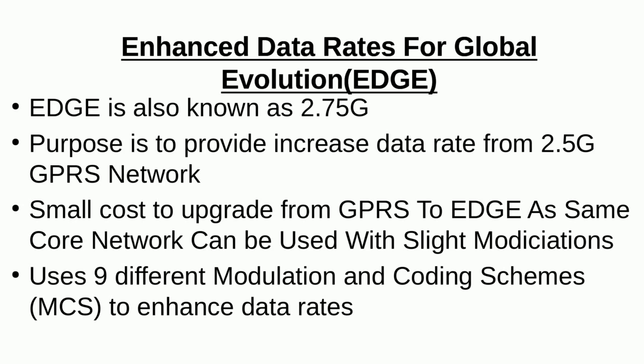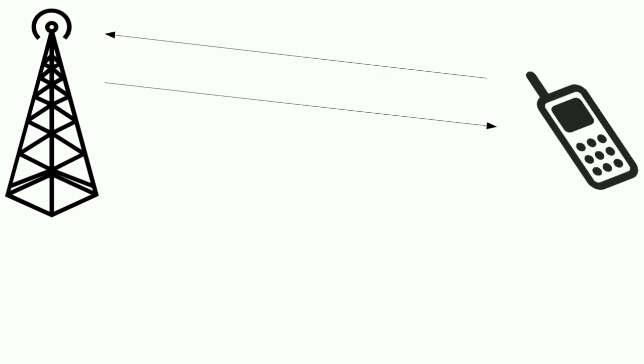And now the question comes: how are we able to get the enhanced data rates in the Edge? To get the enhanced data rate in the Edge, we use the modulation and coding schemes, or MCS. This means that we are not only adopting the modulation as a function of the channel conditions, but we are also adopting the coding schemes for that. And how we do that, I come to it right now.